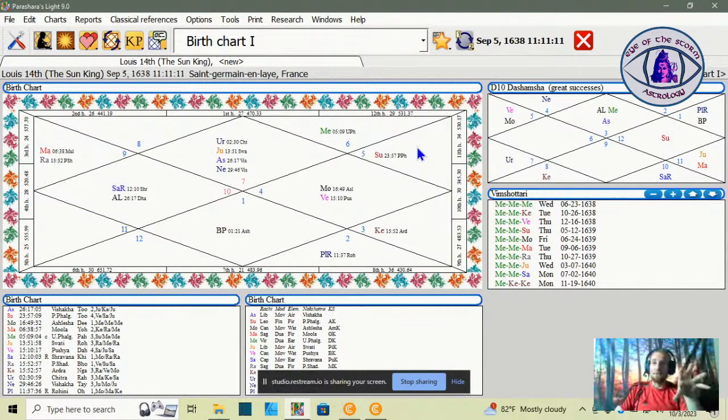So some other things I really want to note in this chart is how many planets are so well positioned. I mentioned before, we have the Sun in Leo, so it's in its own sign. We have Mercury in Virgo, in its own sign. Virgo is also Mercury's Mulatrikona sign, which in other words, is a sign where its strength really comes out. It performs very, very well here. You have Moon in Cancer in its own sign, sitting with Venus, who it's friendly with, so another great position.